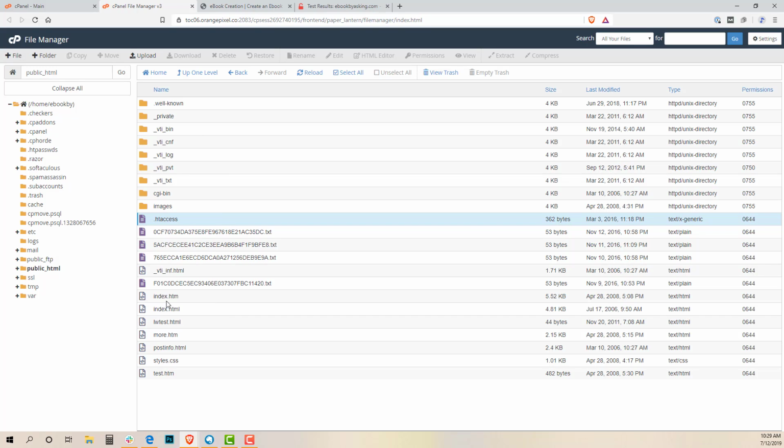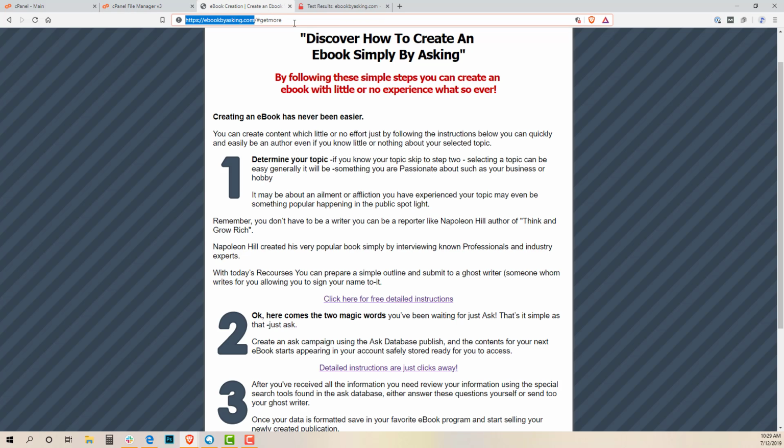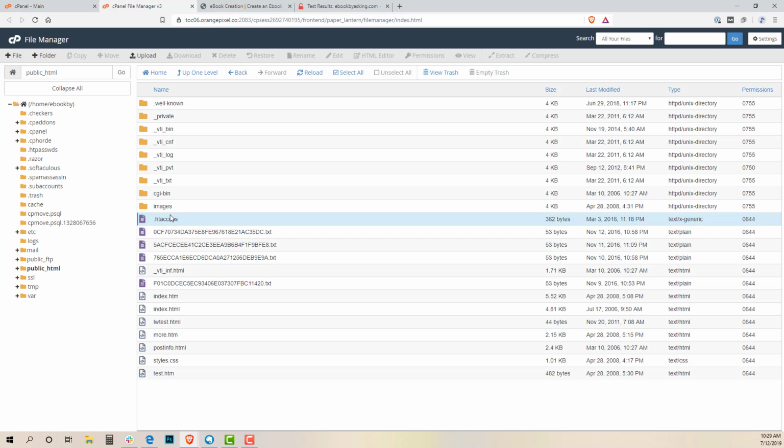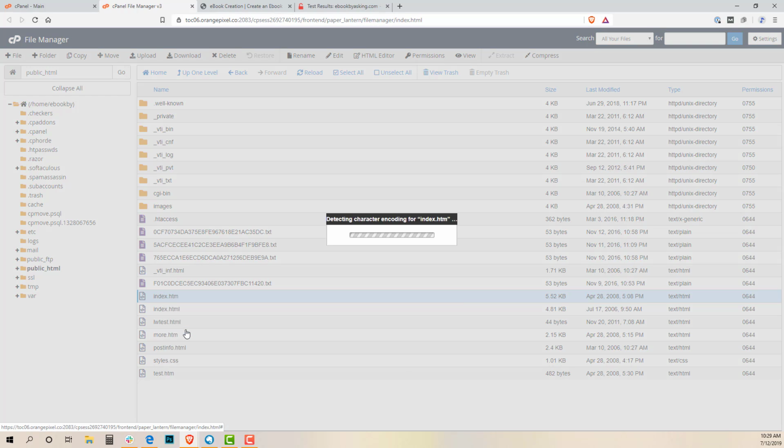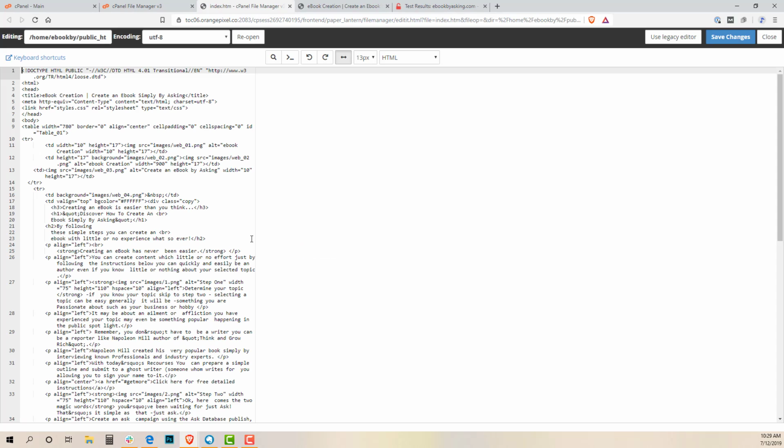So we're going to go into the file here. I'm not sure if it's index.html or index.html. It's not going to show me there, so we'll go here. This one's the newest, so it must be this one. We're going to edit, I'm just going to edit in code view here real quick, and I'm just going to find